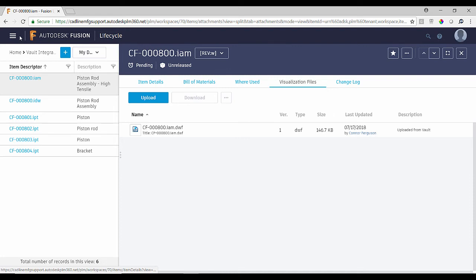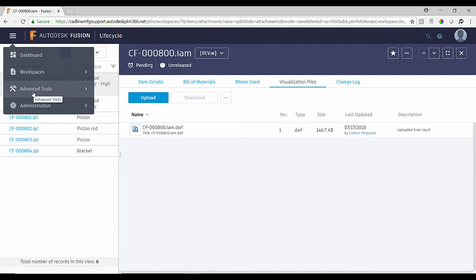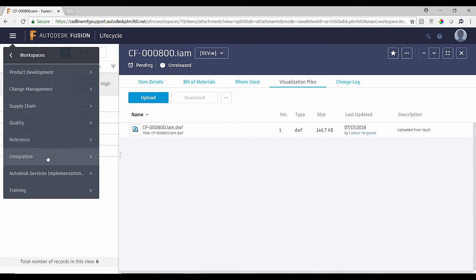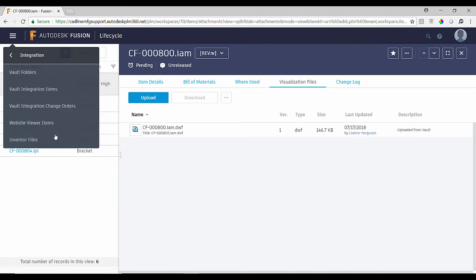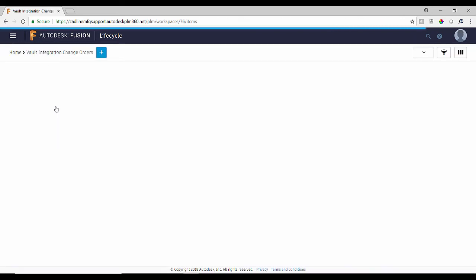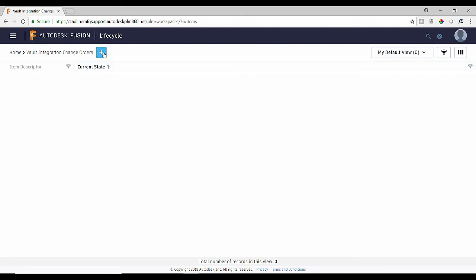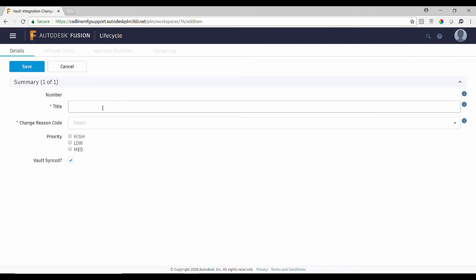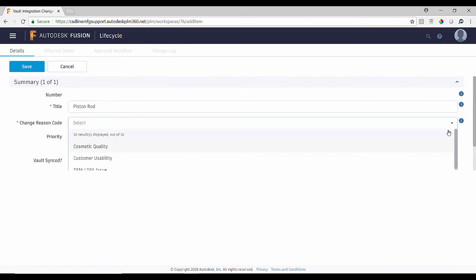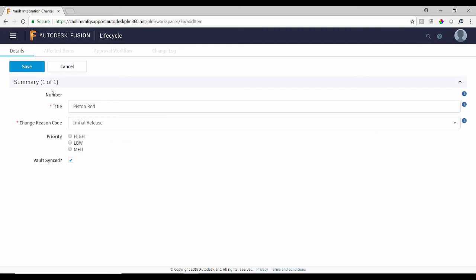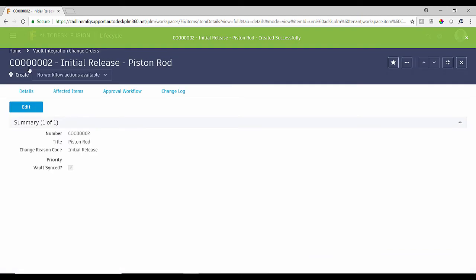So from here, what I can do is use the Fusion Lifecycle change order mechanism to actually release these items inside of Fusion Lifecycle. So from here, I can create a new change order. This is going to be for my piston rod assembly, and I can fill out the relevant data from my change order, and this is going to be the initial release, and I can save and create my new change order record inside of Fusion Lifecycle,